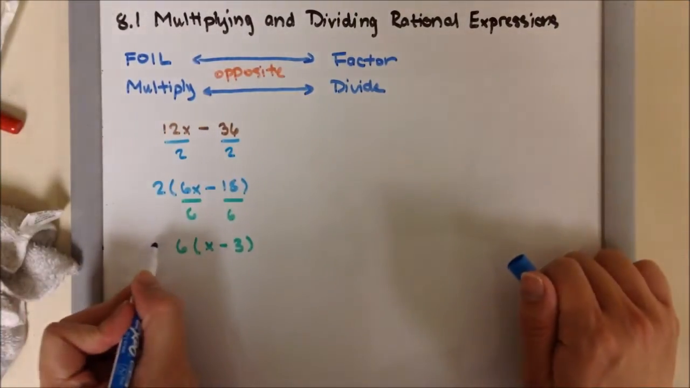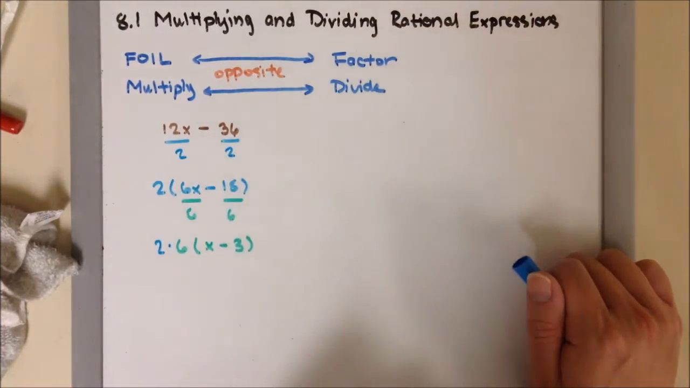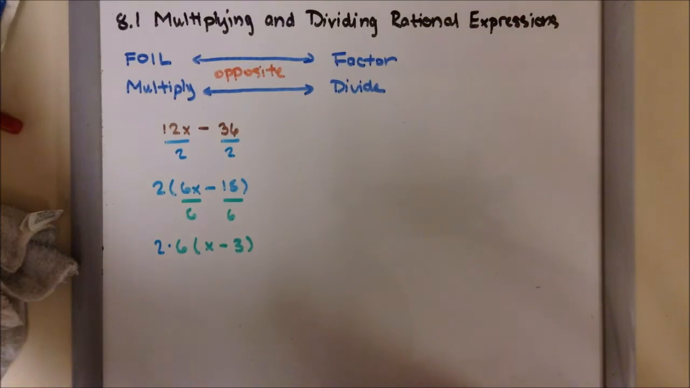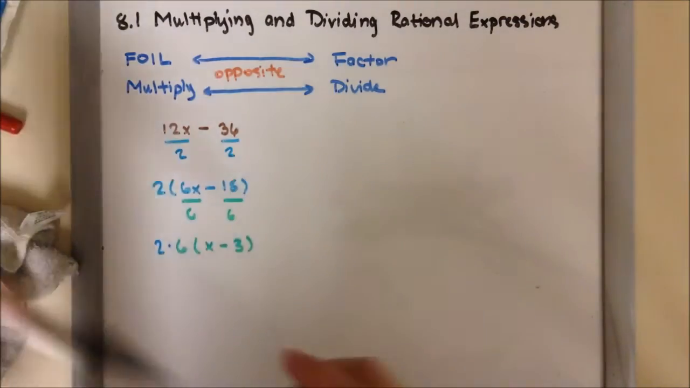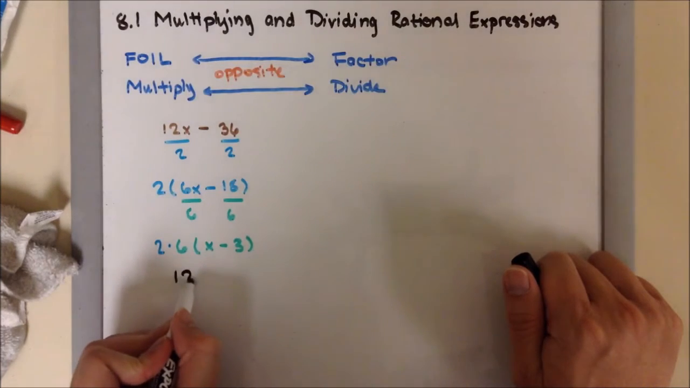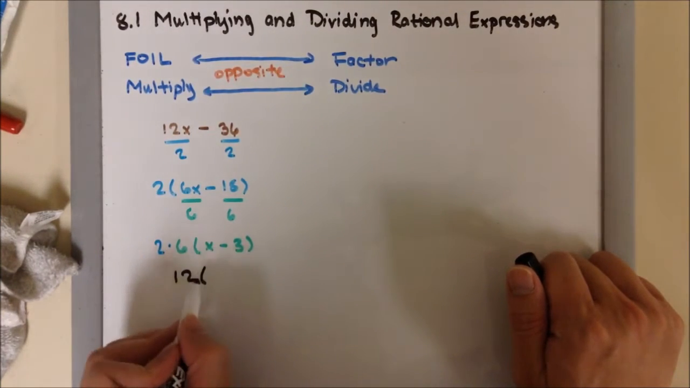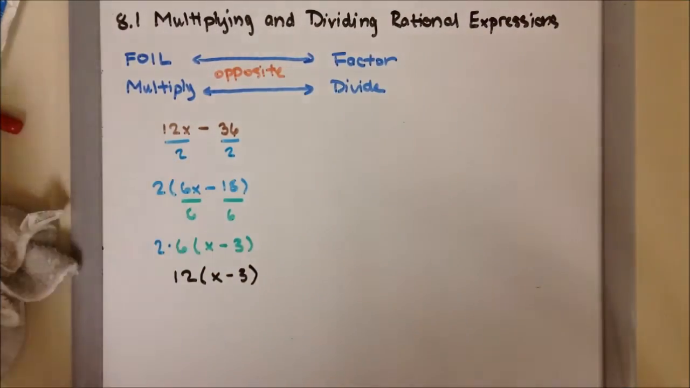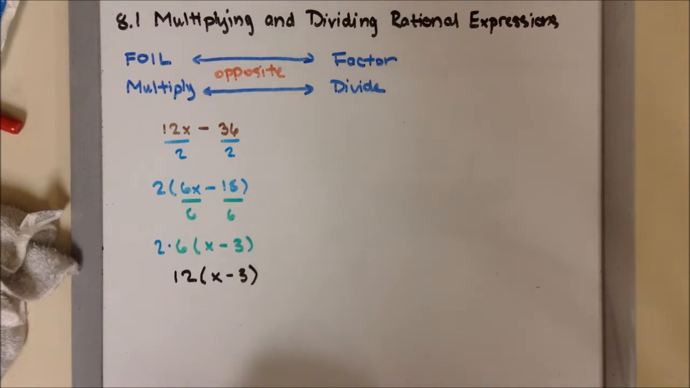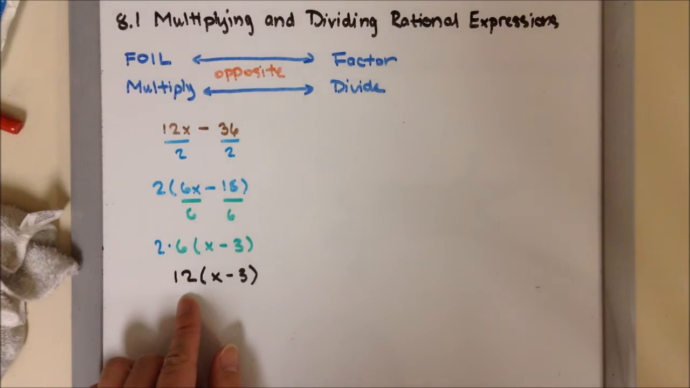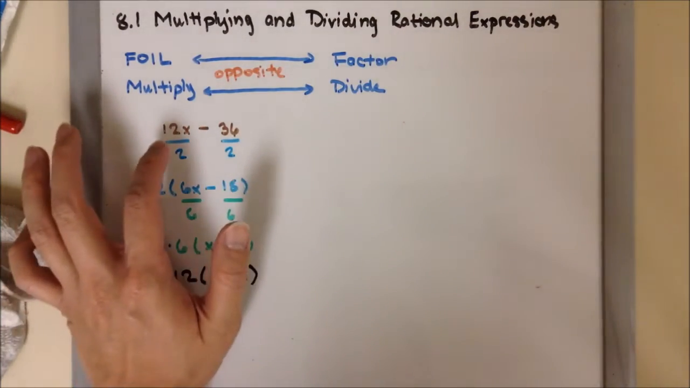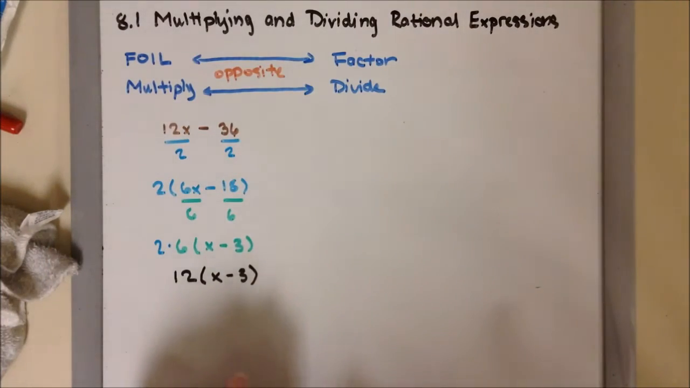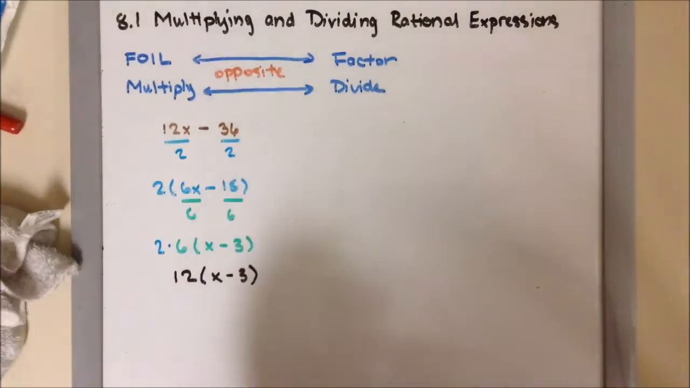Any number you bring outside the parenthesis will be multiplying. So here we have 2 times 6, which is 12. And then the factor that's inside the parenthesis will stay the same. So notice how we have a 12 outside, and if you look closely, a 12 can go into 12x and negative 36 from the very beginning. So what we could have done at the very beginning